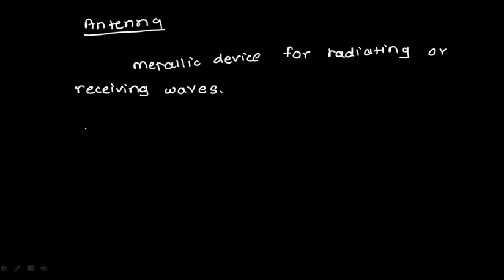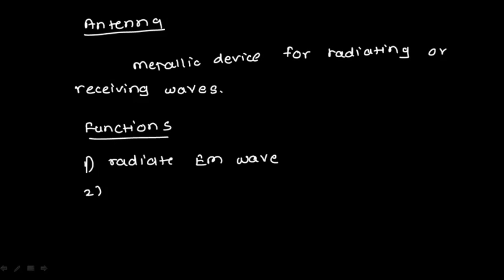What are the other functions that antenna does here? So when you talk about the functions of an antenna, the basic function is radiate EM wave. ठीक है, पहले जो भी बेसिक है आपका वो इट रेडिएट्स इलेक्ट्रोमैग्नेटिक वेव्स. द सेकंड फंक्शन इज इट वर्क्स एज द सेंसर. ठीक है, इट सेंसेस द इलेक्ट्रोमैग्नेटिक एनर्जी एंड इट कन्वर्ट्स इट इनटू द फॉर्म व्हिच कैन बी अंडरस्टैंडेबल बाय माय फ्री स्पेस. ठीक है, ट्रांसड्यूसर. ठीक है, it works as, you can say, converter for electromagnetic energy which combines your transmission media to the free space. So this is all about the antenna, and these are nothing but the definitions of this particular antenna.